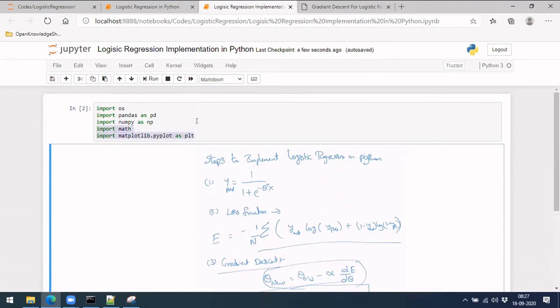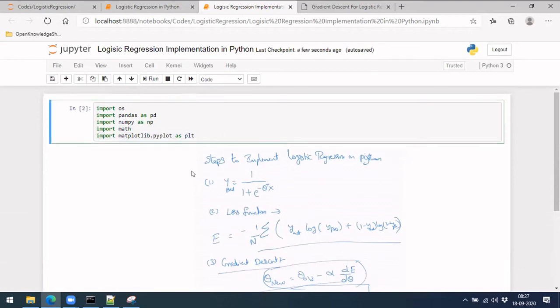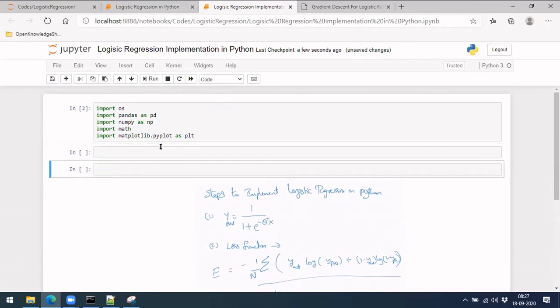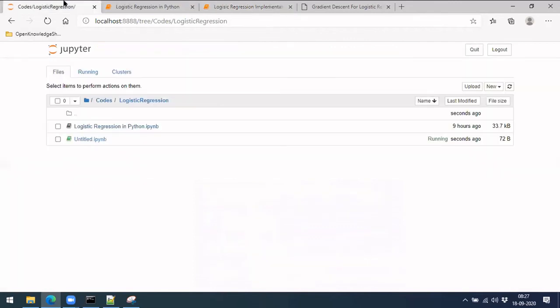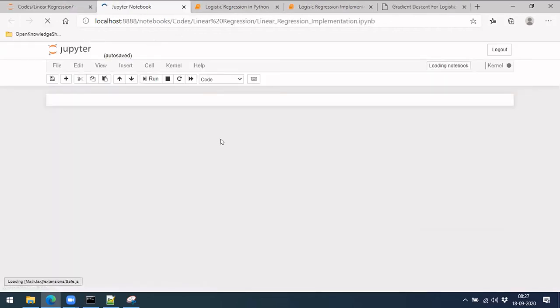Now let's begin. I'll move this cell towards our implementation, and I'll do it before it. Let's take help of the linear regression which we have implemented before, so let me open that as well.